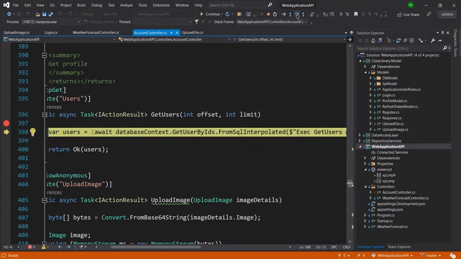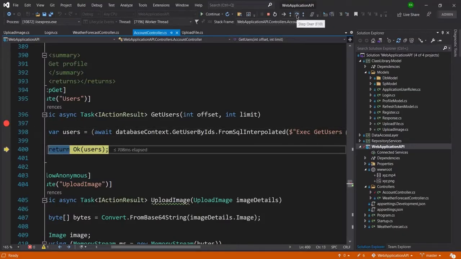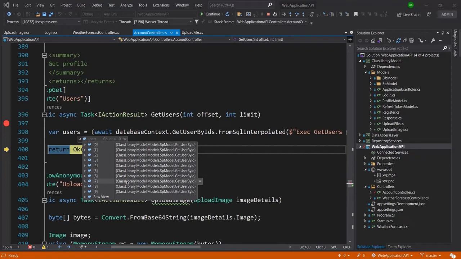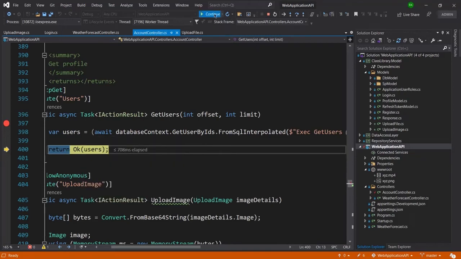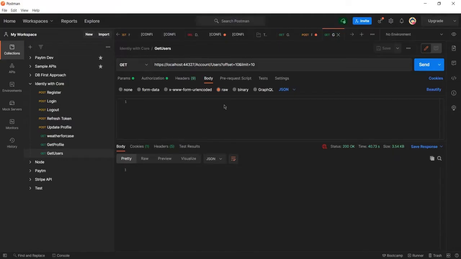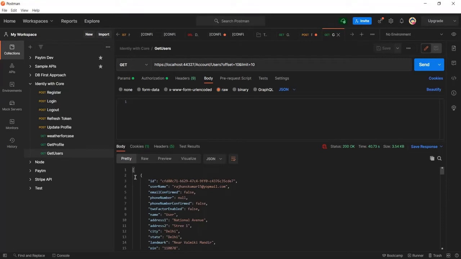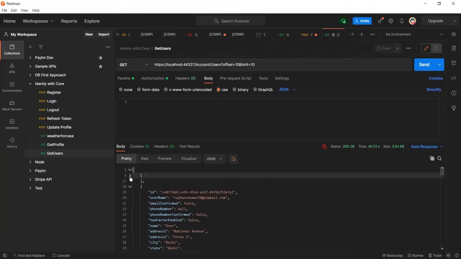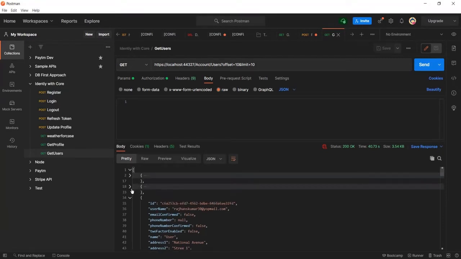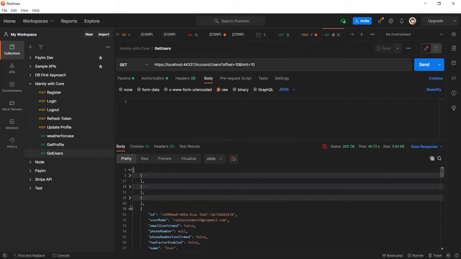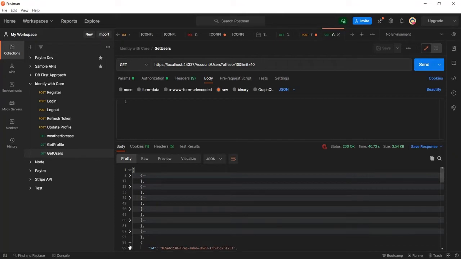Now I am calling the procedure from here, and you can see in users the total count is 10. That means a total of 10 rows have been selected. I will click continue, and you can see I have got 10 rows total in the response, and these are basically the user information. So the total count is 10.